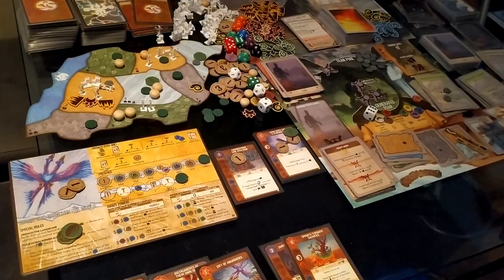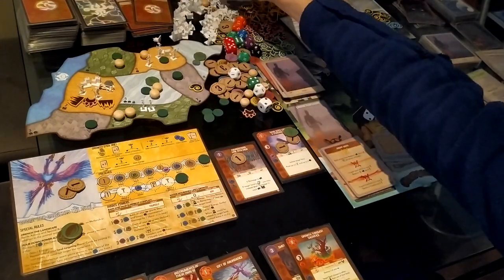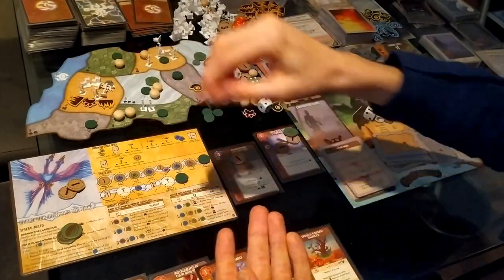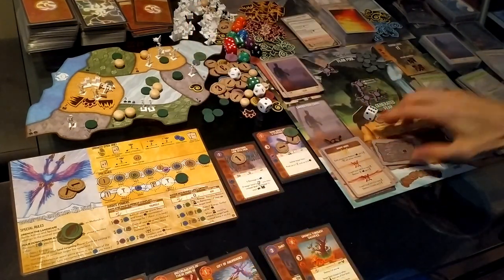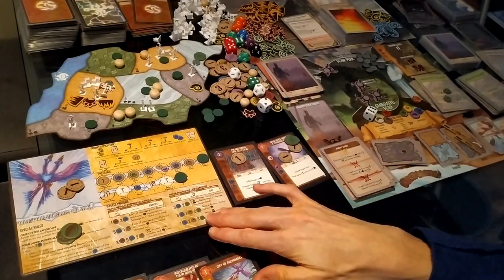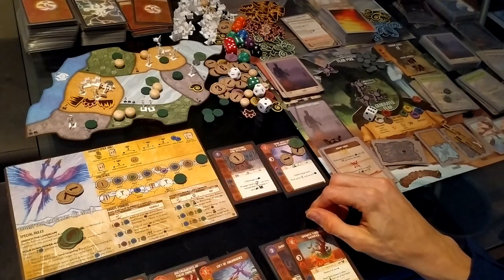And then we go on to the explore, sands and mountains. So we're going to sands and sands, mountain and mountain, and then invader cards advance. And we go to the slow power phase. So I am going to